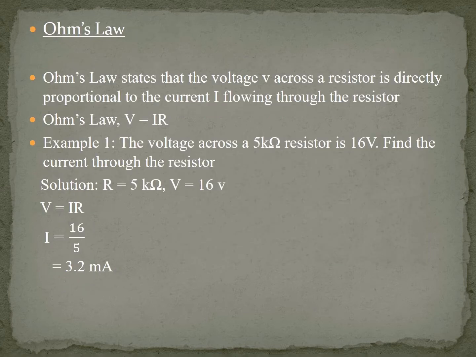Ohm's law states that the voltage V across a resistor is directly proportional to the current I flowing through the resistor. Ohm's law formula is V equal to IR. Look at the example that we have. Find the current through the resistor. Since we have R equal to 5 kilo ohm and V equal to 16 volt, V equal to IR, then we rearrange the formula, we'll get I equal to V over R, and the value for I we get 3.2